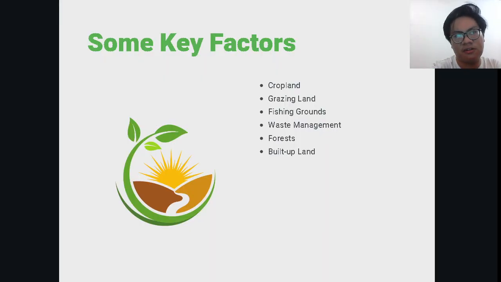The key components or factors of biocapacity are cropland, for growing food, fibers and biofuels; grazing land for raising livestock like cows and sheep; fishing grounds for harvesting fish and seafood; forests for timber, paper, and carbon sequestration; and lastly, built up land, the area covered by infrastructure or our cityscapes,